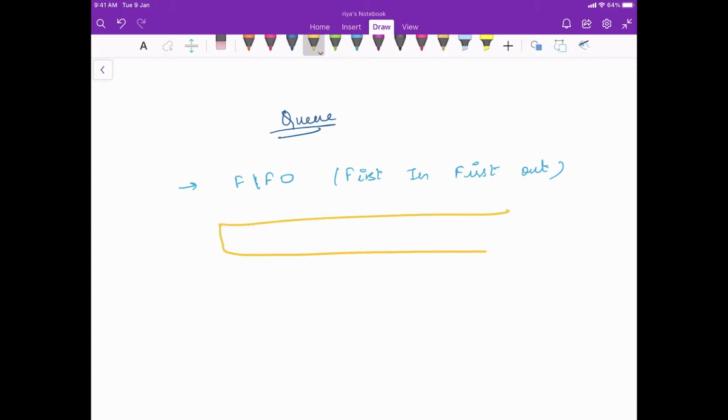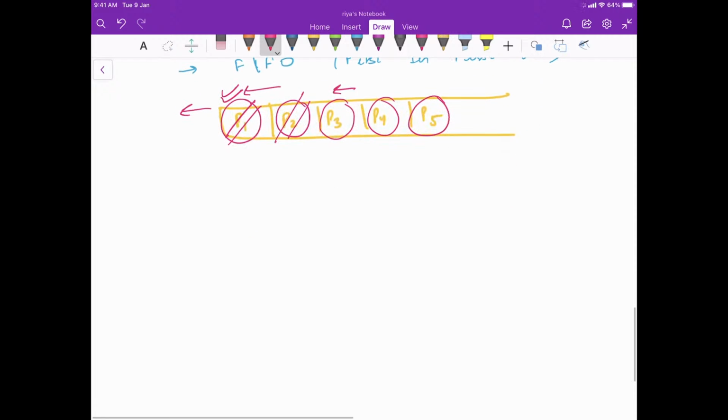So let's say this is a queue: there is person P1, person P2, person P3, person P4 and person P5. When the next turn comes, this person will go first, then this person. This person came in the queue first and is removed from the queue first, correct? Then the second, then third, then fourth, then fifth.